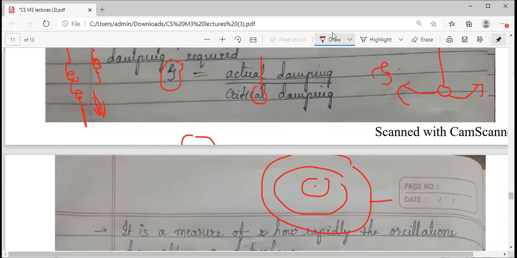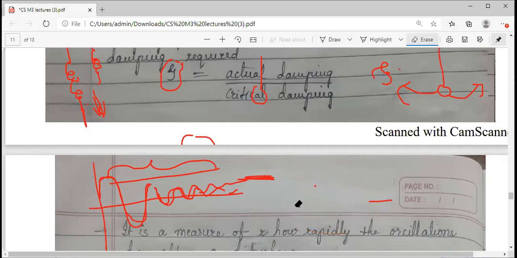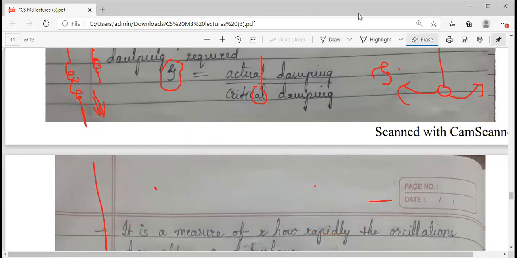That is called damping. And according to one of your friends, she said decrease in the amplitude, because you have studied about the sinusoidally damped signal. Probably you have studied like this, right? No doubt it is decreasing, meaning it is trying to attain a rest position. So this particular thing is called damping. No doubt both are very near answers, but try to understand the actual meaning of damping.